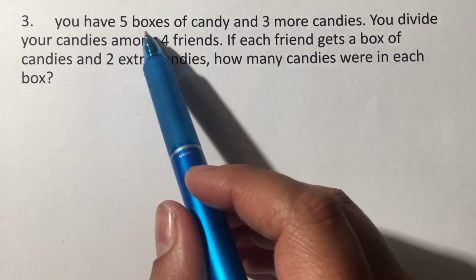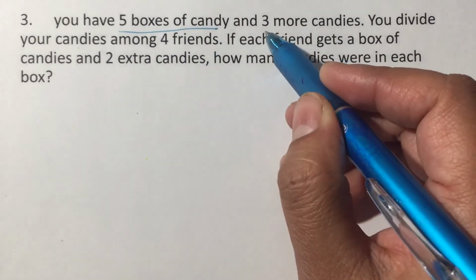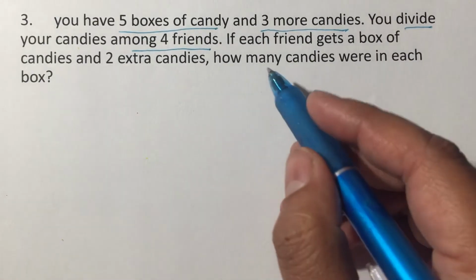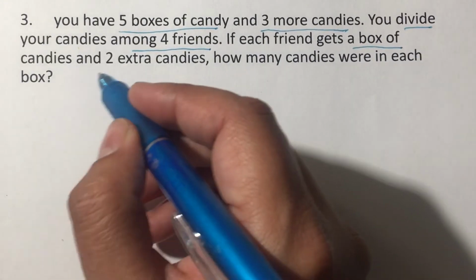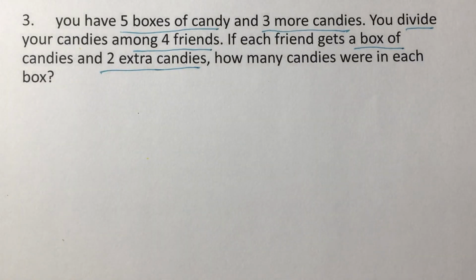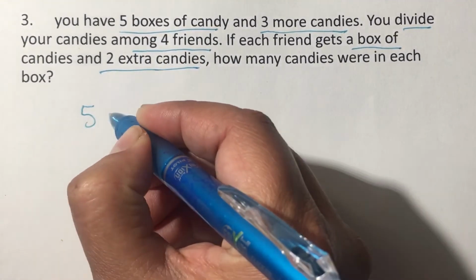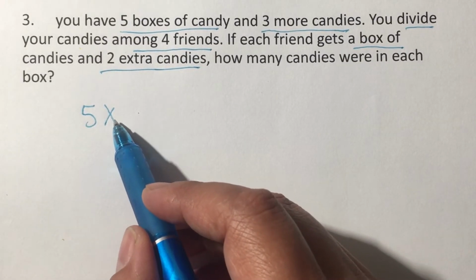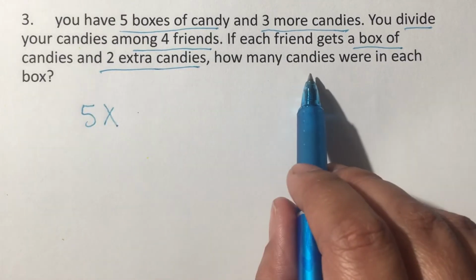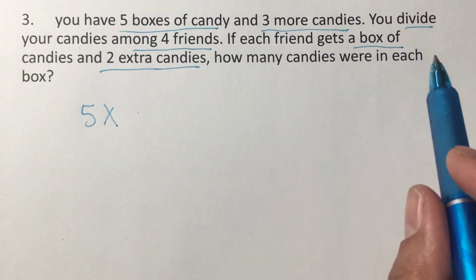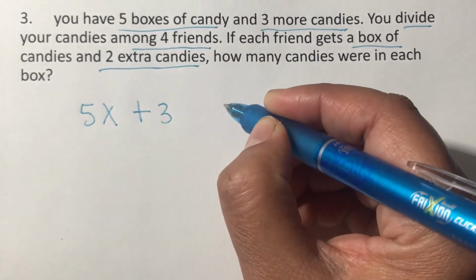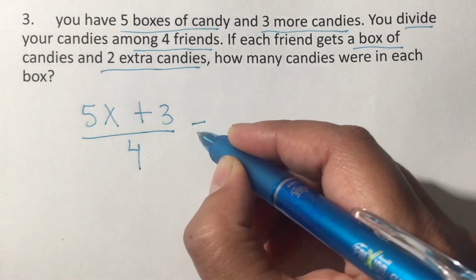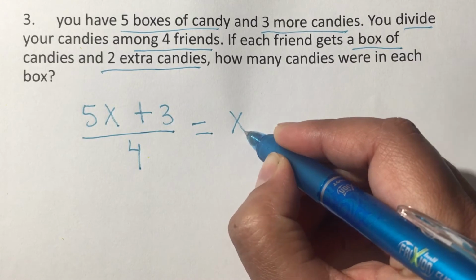Number 3 says you have 5 boxes of candy and 3 more candies. You divide your candies among 4 friends. If each friend gets a box of candies and 2 extra candies, how many candies were in each box? So you have 5 boxes of candy. Remember that the 5 is the boxes. In here, the X represents the number of candies in each box, which is what we're trying to find. How many candies were in each box? And 3 more candies. You divide them among 4 friends, and each friend gets a box of candies and 2